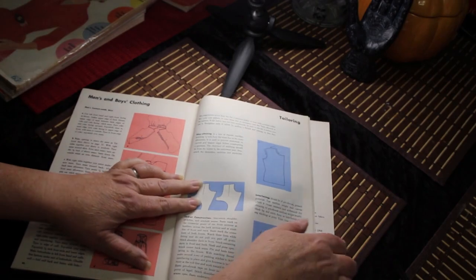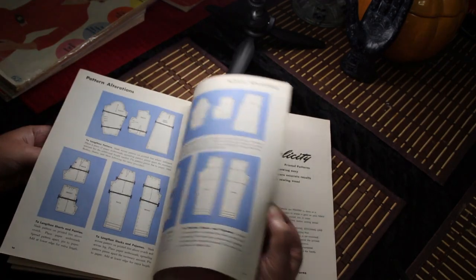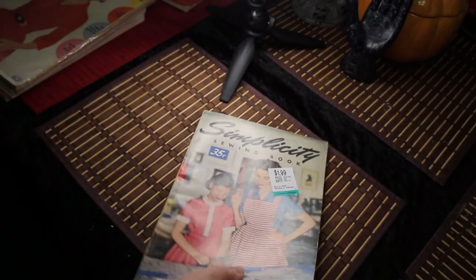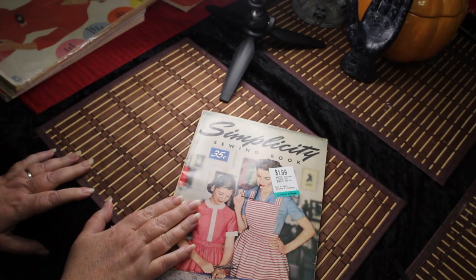But when you get to the tailoring section, sometimes this is where things will be new techniques that might not have been in the previous year's book, as an example. And then we jump from 1953 to 1962,